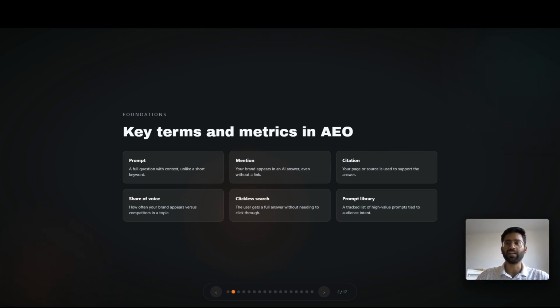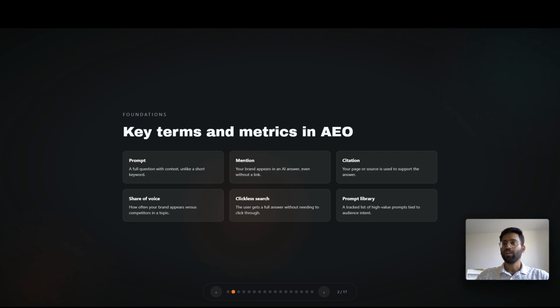Next is the clickless search. People are now talking about zero click search because in AEO it's not about optimizing for a click, it's more about optimizing for visibility. Clickless search or zero click search is when the user gets enough value from the answer that they don't need to actually click to visit the website. This concept is one of the biggest reasons why AEO deserves its own strategy. If we only measure traffic, we miss much of the influence happening inside AI interfaces, because people are not going to directly click from these AI answers and go to their websites. People might search in Google later and then enter your website, but the source is different, right? The source is coming from these AI platforms.